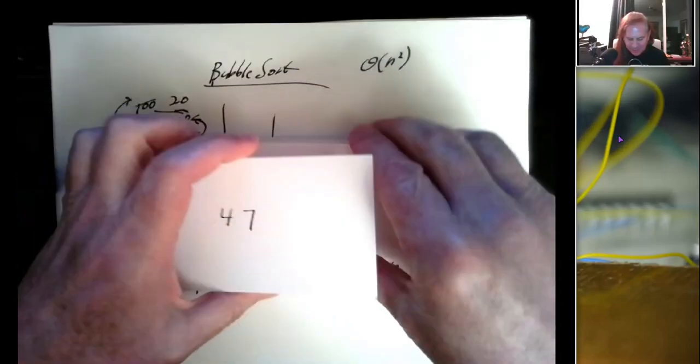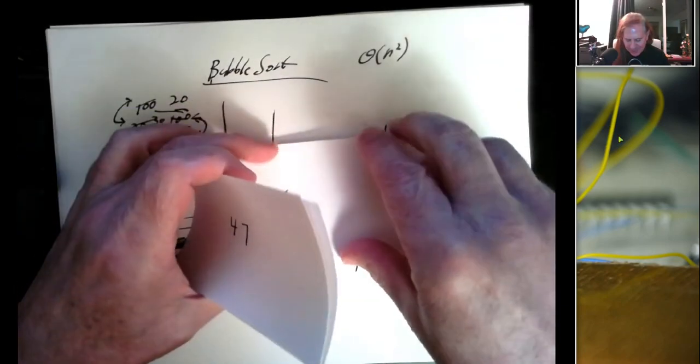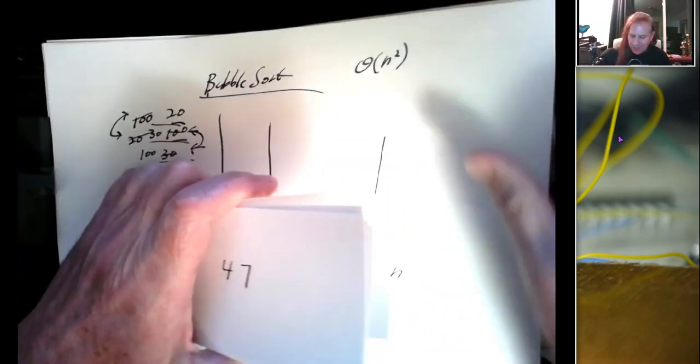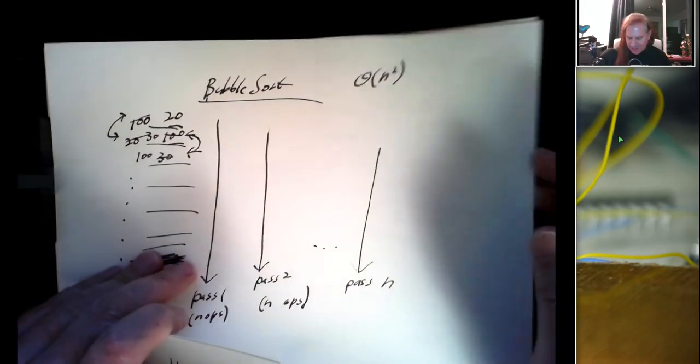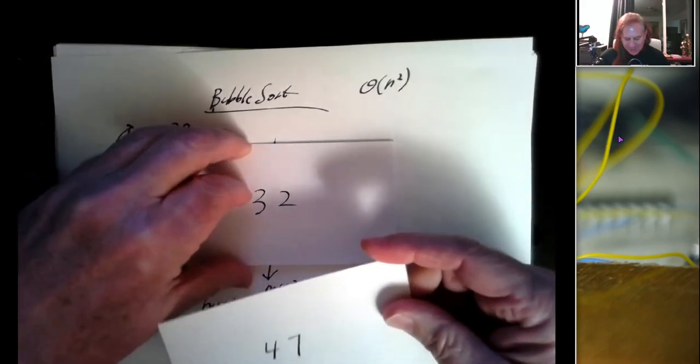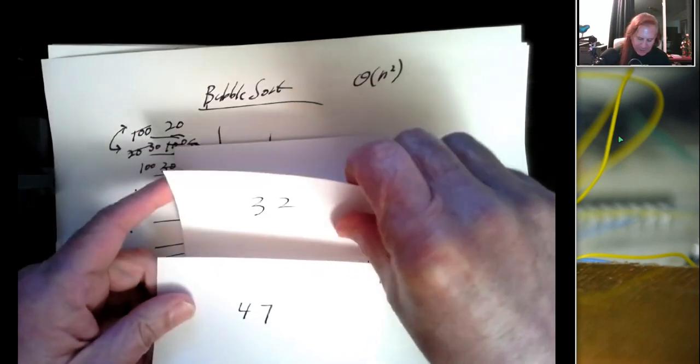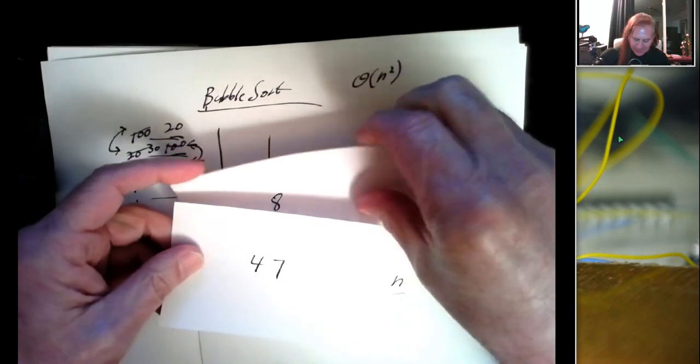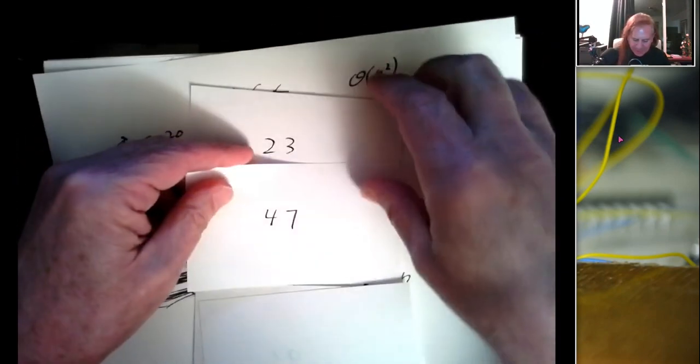So let's just try this with a simple array of 5 numbers. So I've got a 47, 32, 8, 16, and 23. And so let's just see what this does as we go through each of our passes. So we're going to start off, we're going to take the 47, compare it to the number below it. 47 is bigger, so we should swap these two numbers. Alright, 47 and 8. 47 is bigger, so we should swap these two numbers. 47 and 16. 47 is bigger, swap those. 47 and 23. 47 is bigger, swap those. And 47 has sunk down to the